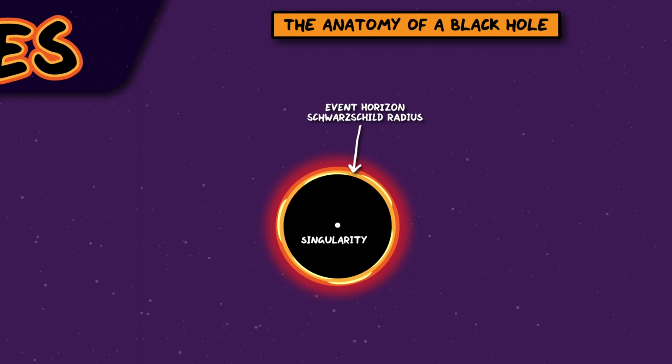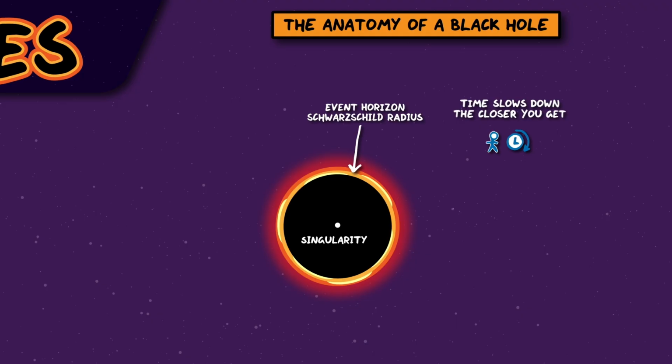Let's take a closer look at the anatomy of black holes. We've already talked about the event horizon and the singularity, but there are many other interesting features we need to talk about. Near a black hole, clocks run slow. This is the effect of the highly curved spacetime which causes time dilation. This means that the experience of someone who's falling into a black hole would be quite different to the experience of someone